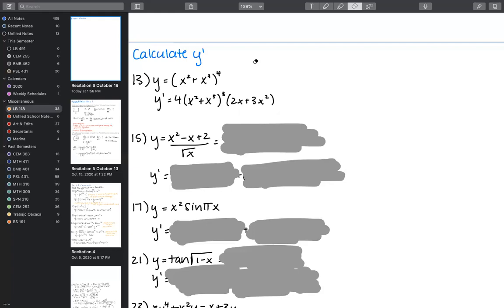The main thing to keep in mind is that you address these chain rule problems from the outside in. And so if you see that there's a function, we could call u, we could say that u is equal to x squared plus x cubed. This is then u to the fourth. So you have to do the derivative of u to the fourth, and then bear in mind that u is a function itself that has its own rate of change that will affect the greater rate of change y prime. Any questions on chain rule or power rule for this one?